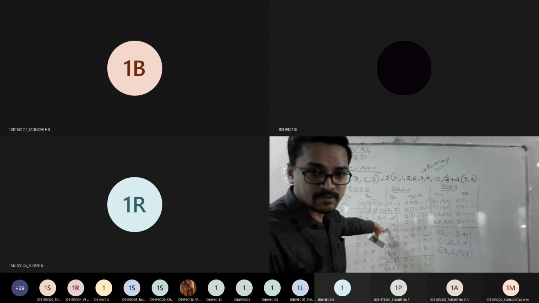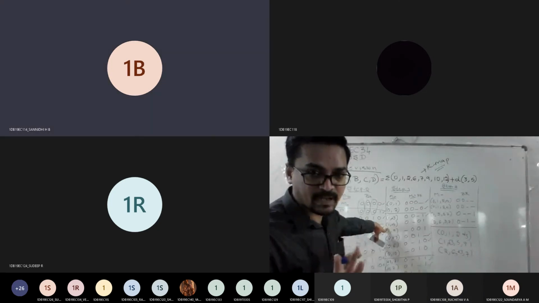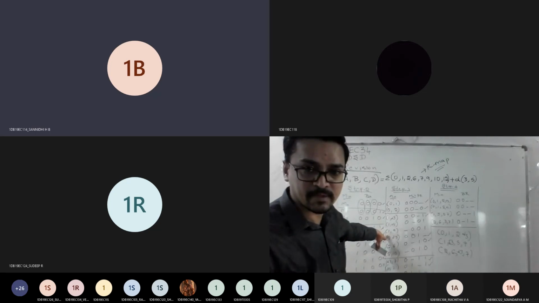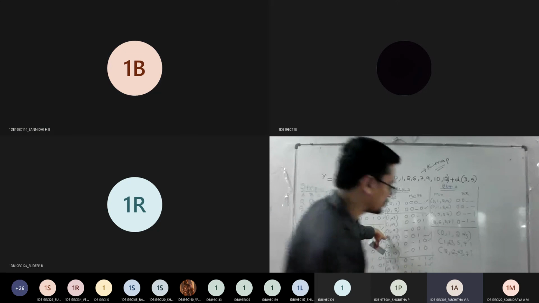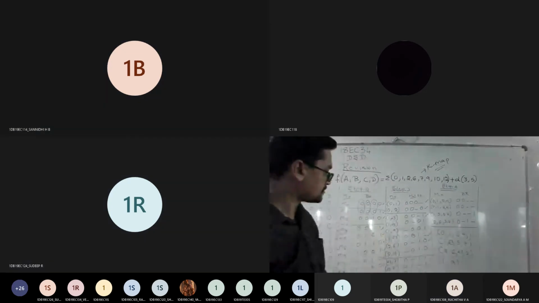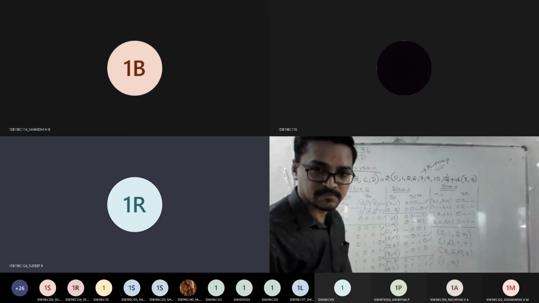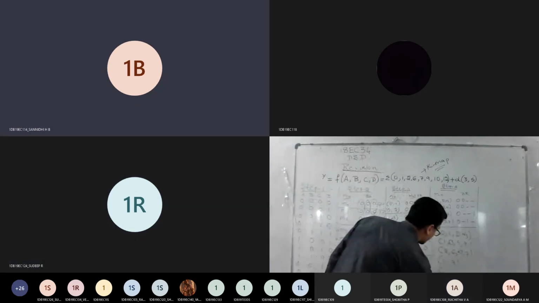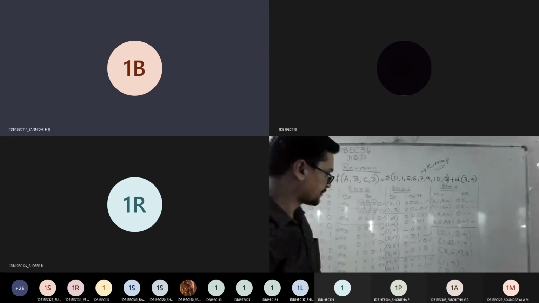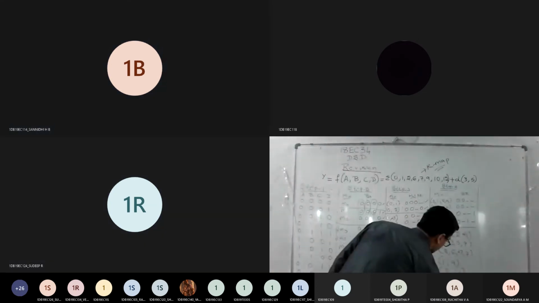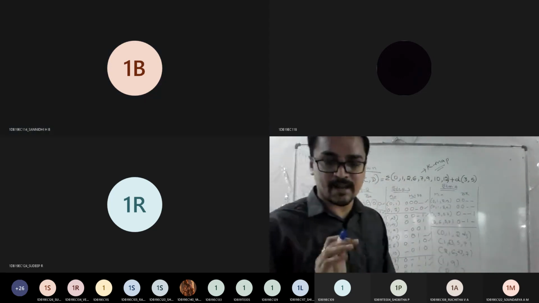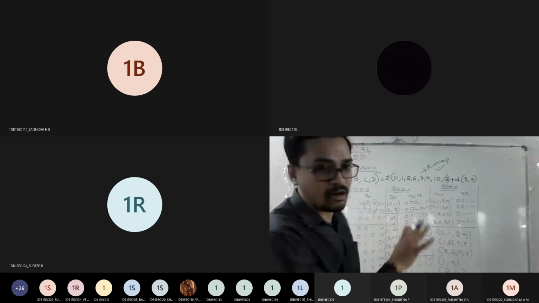So 1, 5 is excluded, agree? Next combination 1 and 9, is it possible? Yes, sir. So that is your next combination, 1, 9. Next 2 and 10, also possible. Good. Next 6 and 7. So these are the total 6 prime implicants left out for us after doing all this Quine-McCluskey process.